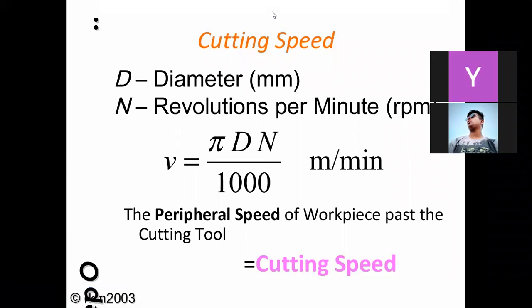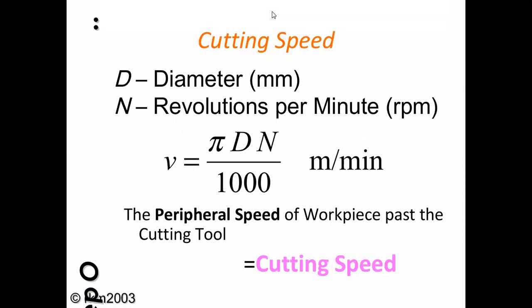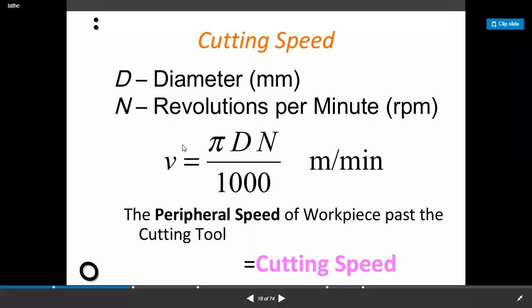So students, first parameter is cutting speed. Cutting speed is the peripheral speed of the workpiece past the cutting tool. Cutting tool ला जेव्हा आपण फीड देत असतो, तर against speed ला काय होतं, that job is rotating. That peripheral speed, कारण circular cross section चा job आहे तुमचा, cylindrical job आहे. So that job is rotating along its central axis. So that peripheral speed of a workpiece is nothing but the cutting speed, and it is given by the formula V equal to pi d n upon 1000.